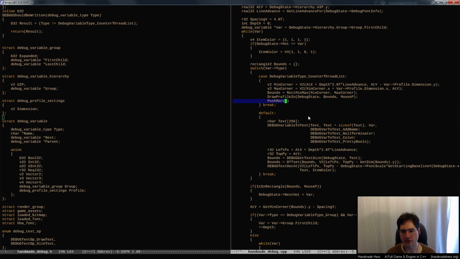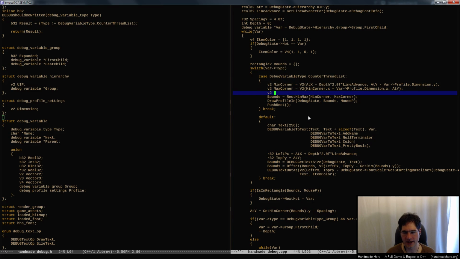So if I want to do something like a push rect and take wherever the max corner is, I guess it really wouldn't be the max corner. I guess it would be sort of the size point or something like that. And the size point would be the max corner's x and the min corner's y. So it would be the lower right corner, because that's where people usually think of sizing from,